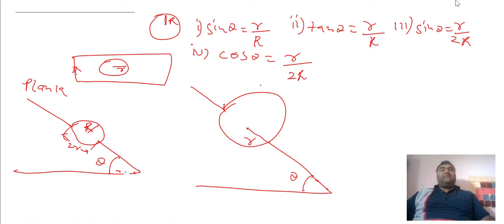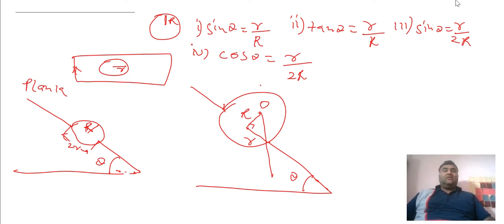At the same time, the center of the sphere will lie here, O. From the center of the sphere, weight will act in the downward direction. If I join like this, it is now a right angle triangle. We have this capital R, which is the radius of the sphere. We have to find a relation to justify the maximum value of theta. This is the plank in horizontal direction, small r, and now it is kept at angle theta.